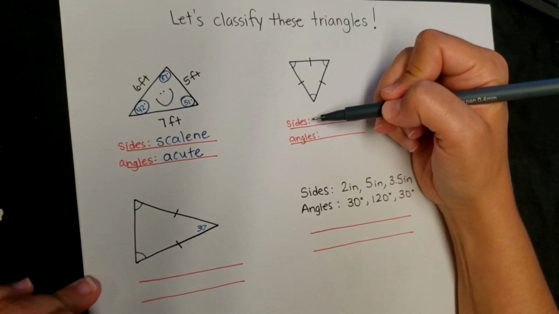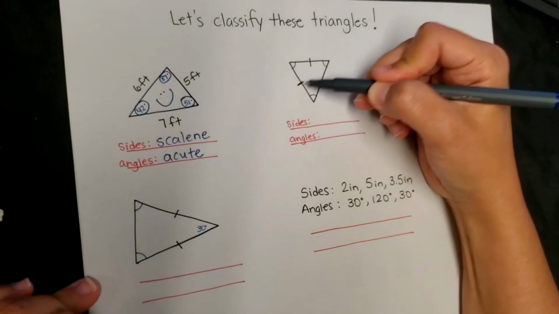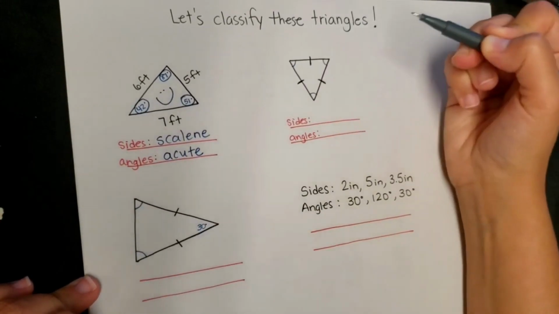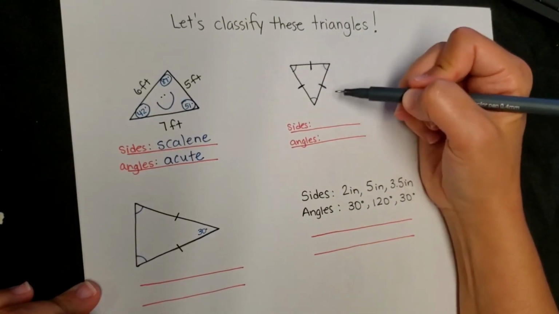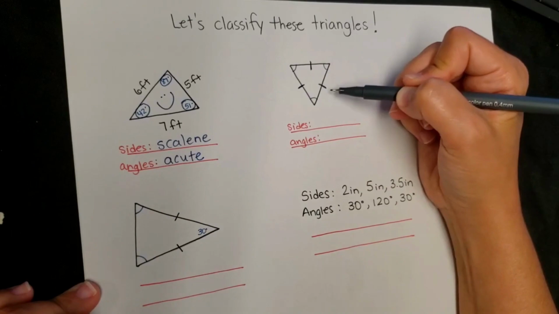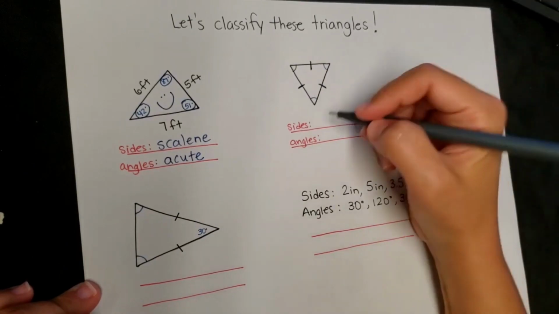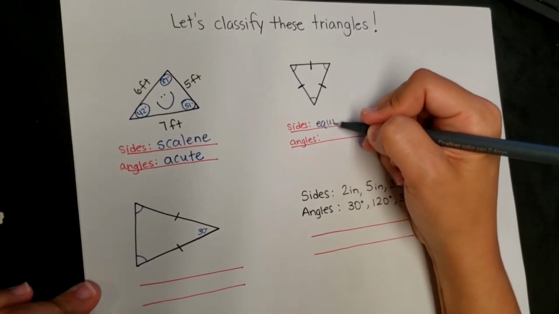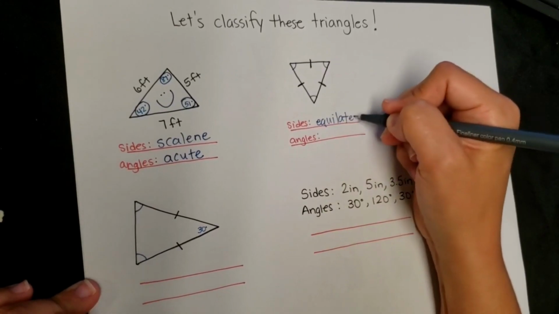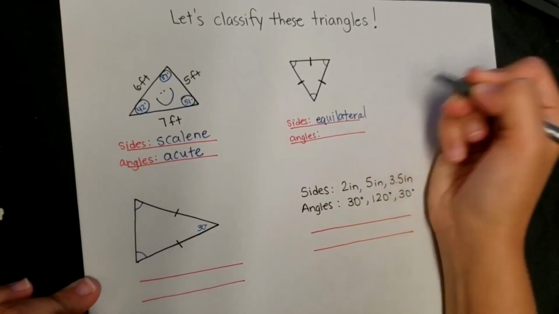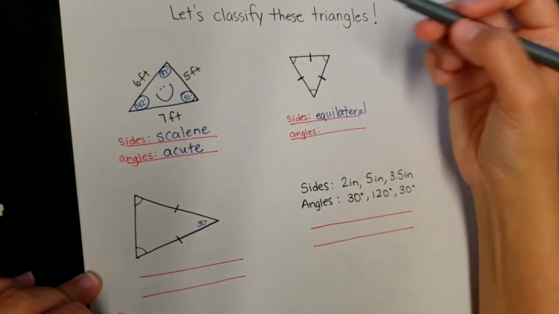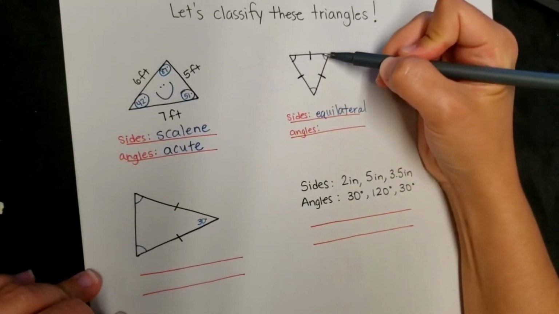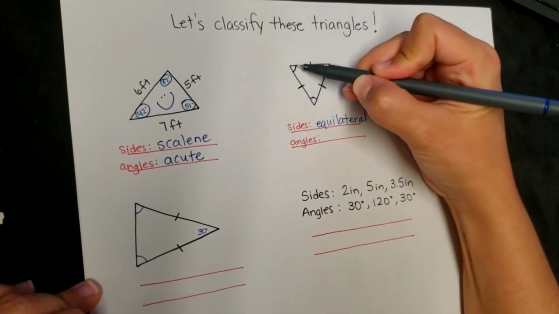We're looking only at the sides this time. These little notches here represent that those sides are all equivalent to each other. They're all congruent. So that means that I have 3 congruent sides. Therefore, based on my sides, this would be equilateral, right? And then if I'm looking at my angles, these little notches also tell me that these angles are all